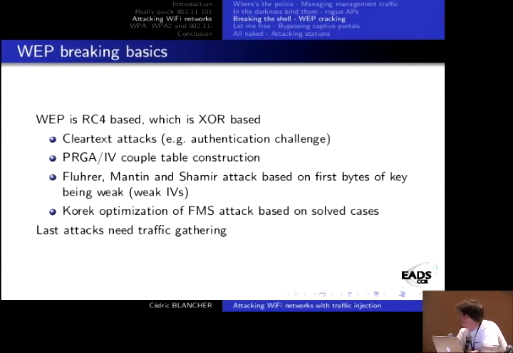But using the clear text attack, you can just build a relationship between the RC4 output for a given IV, and then make a table which, in the end, will allow you to decrypt any packet on the network. The size of this table is about 20 gigs, which any laptop on the market has this amount of